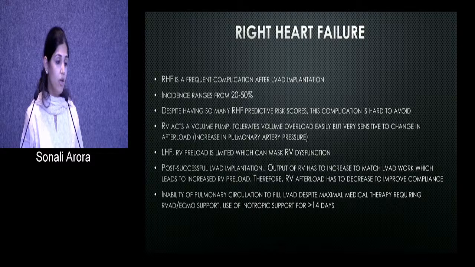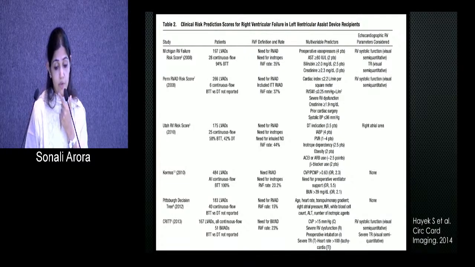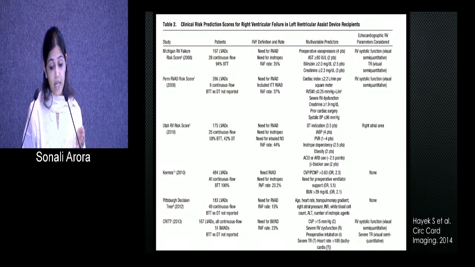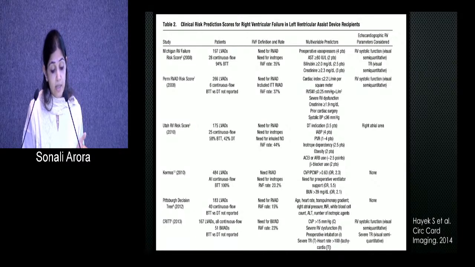It can be early or late, early usually less than 14 days, late after 14 days. So these are all the risk scores which exist to predict right ventricular failure in LVAD recipients. This could be early or late. There is a Michigan RV score, a Penn RVAD score, a Utah RV score, a CRITT score, the Pittsburgh decision tree, and a CRT score. But most of these scores